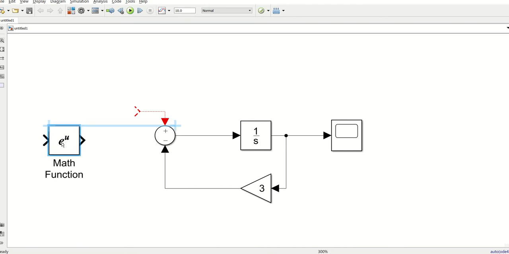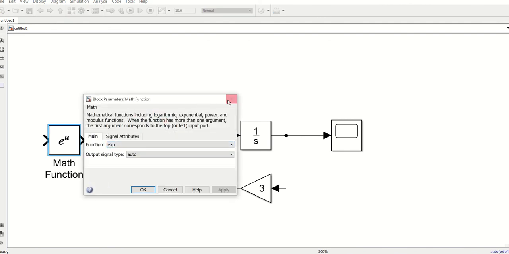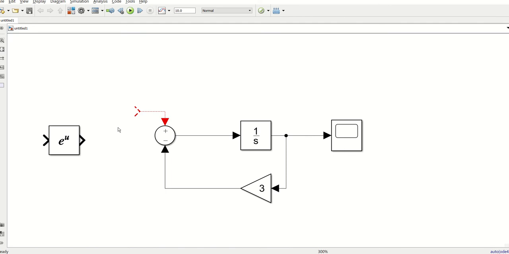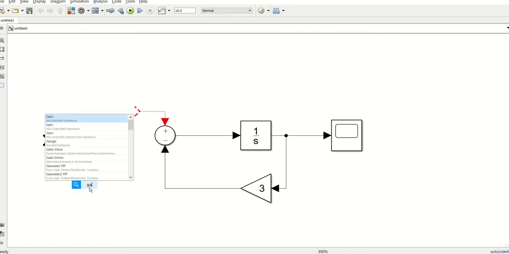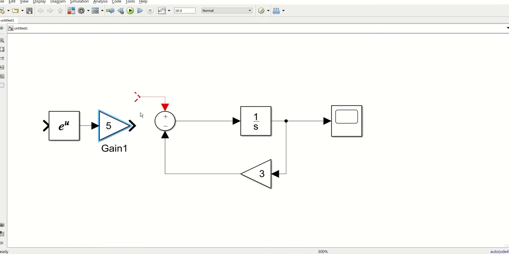So I'll put a gain block here, and the gain is 5 e to the power x, right? So I'll keep 5, and this gain is connected with this gain.